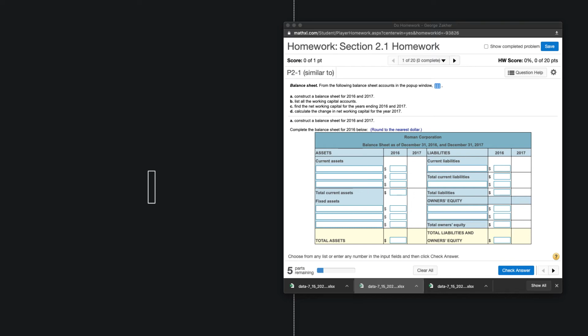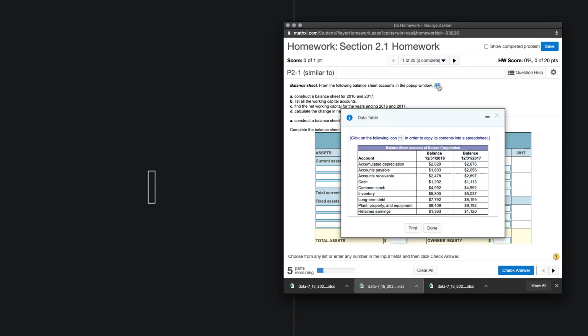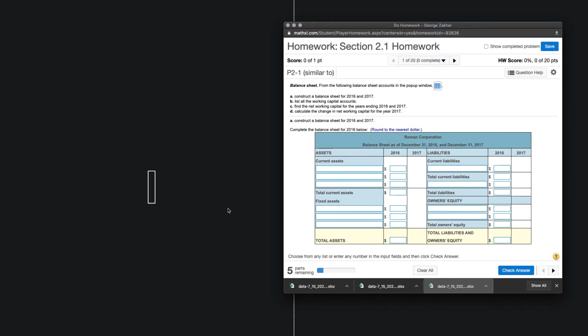Hi everyone, let's take a look at how to construct a balance sheet. So first we're going to need the information. I have some options here. I would advise to open it up in Excel. Once that's downloaded, you can bring it over